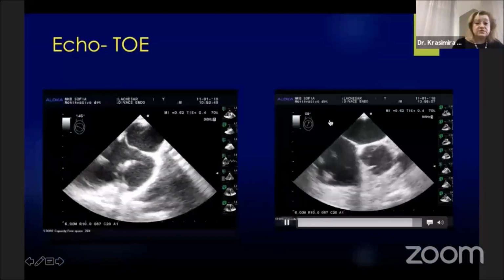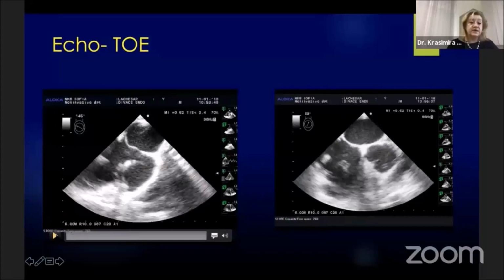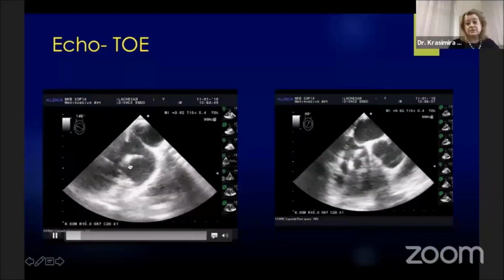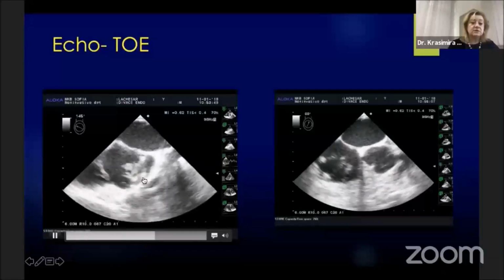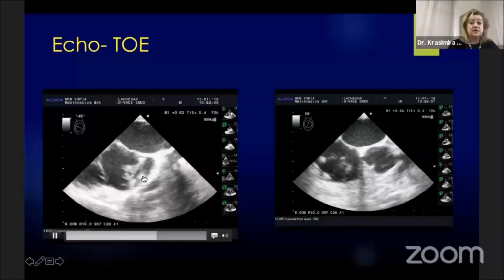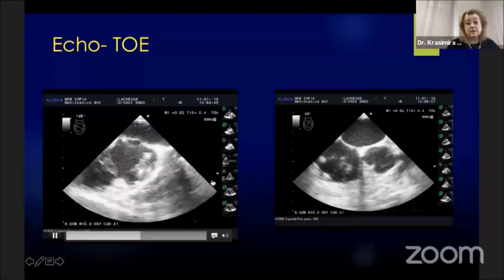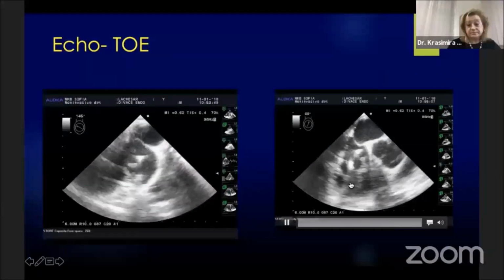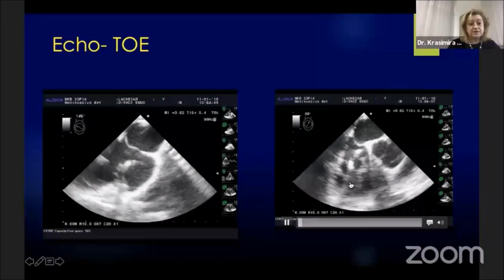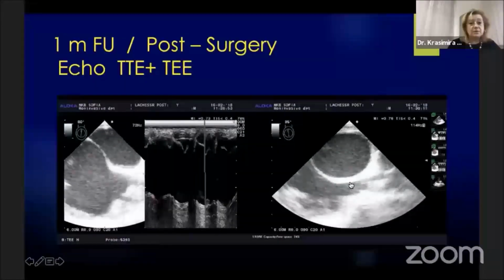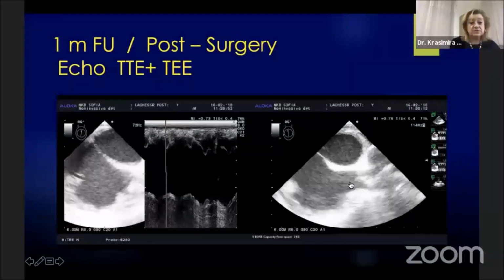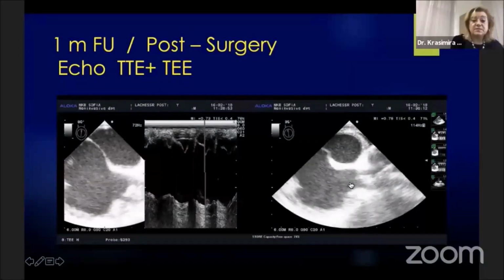This is a transesophageal echocardiography of this patient, and we can see this huge mass connected to the implanted device in the right atrium, a huge vegetation. After 1 month, the patient was sent to cardiac surgery, and 1 month after the explantation of